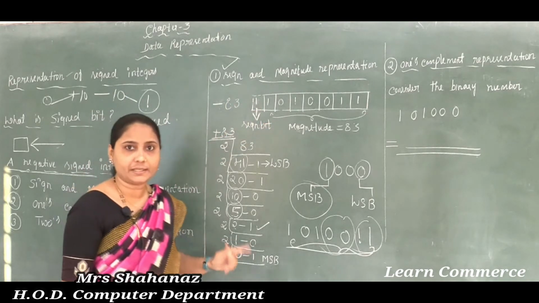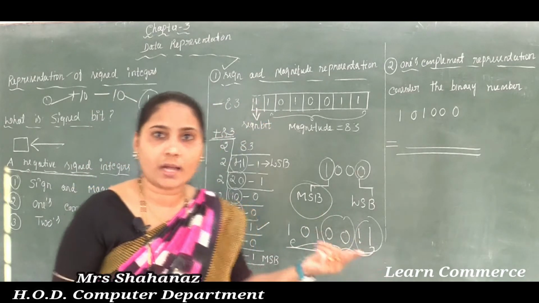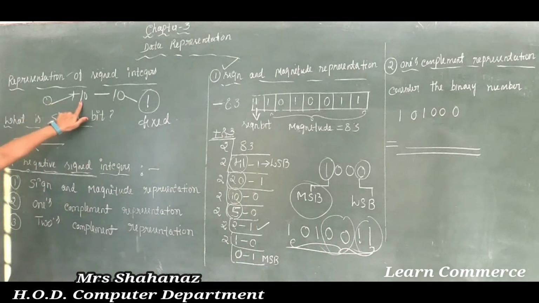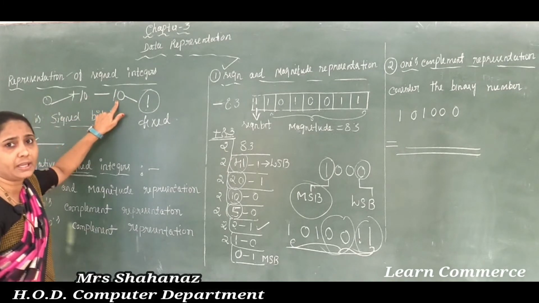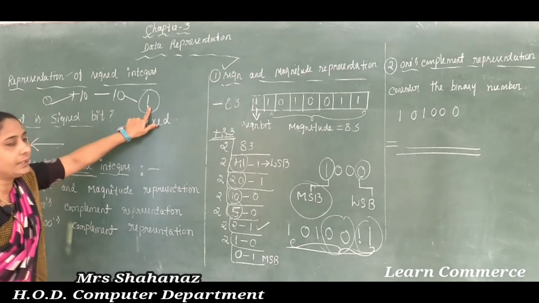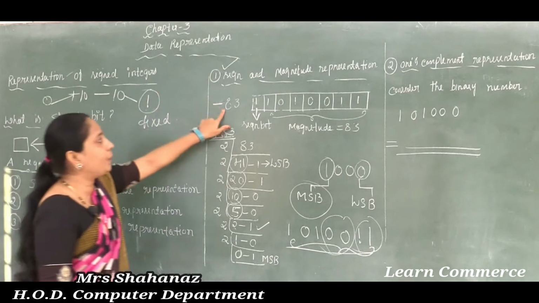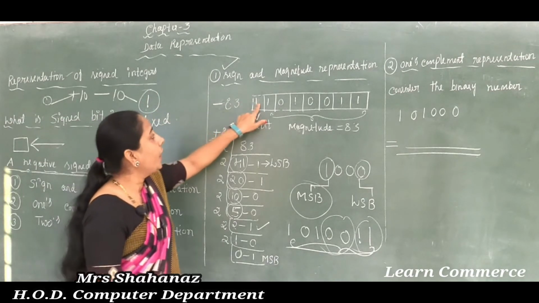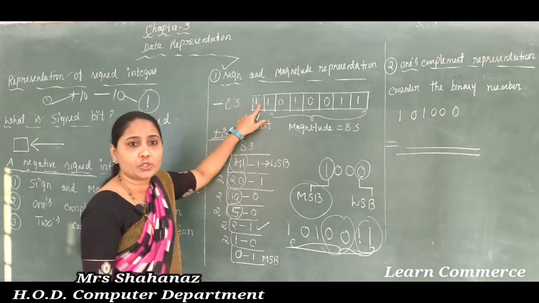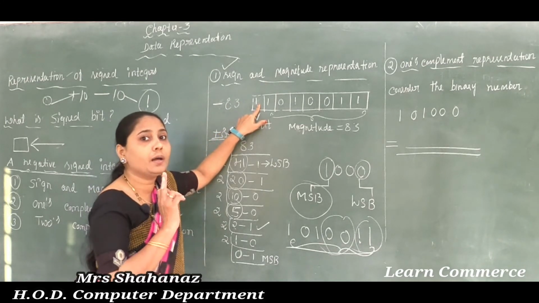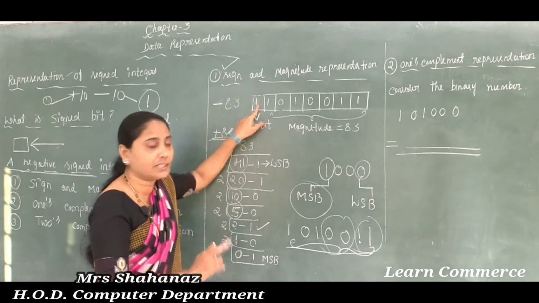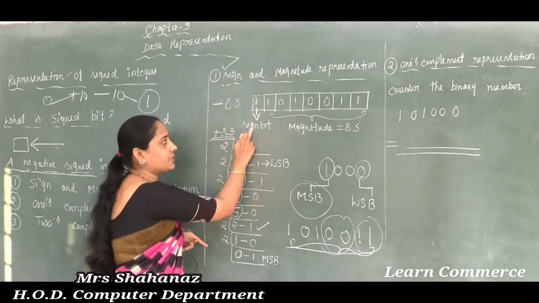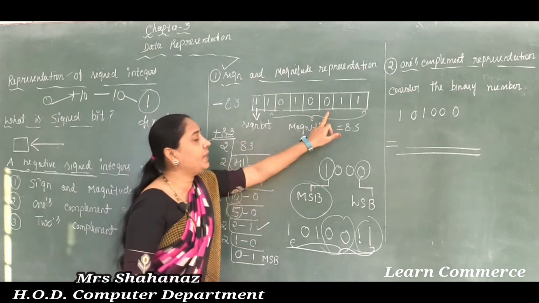So for plus 83, the sign bit becomes 0, correct? I already said, plus 10, plus 83 are positive numbers with sign bit 0, and minus 10, minus 83 are all negative numbers. They contain the sign bit 1. So it depends on whether it is a positive or a negative number. If it is positive, the sign bit is 0, and if negative, it is 1. Clear this one? So I wrote this, called the sign bit, and the remaining bits always stand for